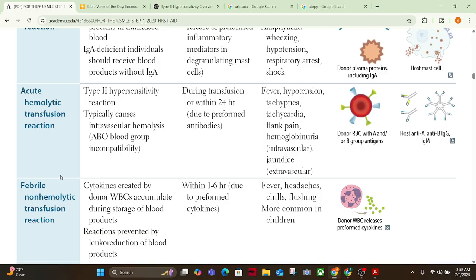Okay, so here it says typically causes intravascular hemolysis. That means the RBCs are being cut up in the blood vessel. So if you have the same kind of antigen with the same type of antibody in the same place, you have hemolysis. What that means is